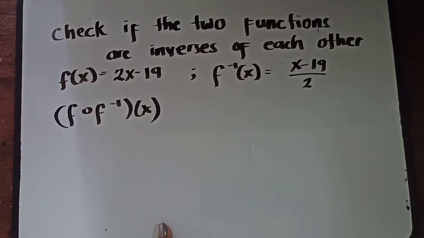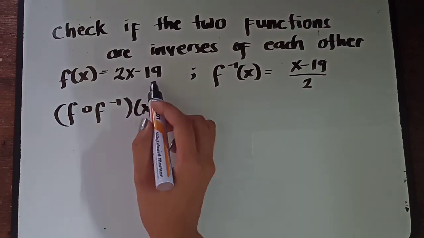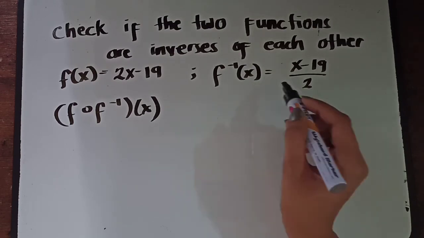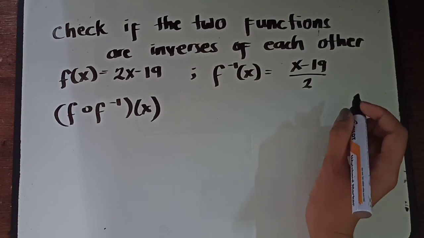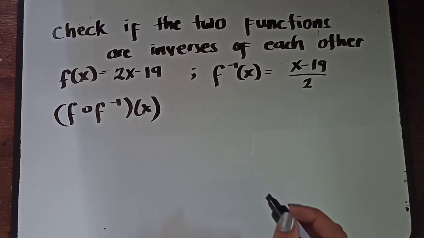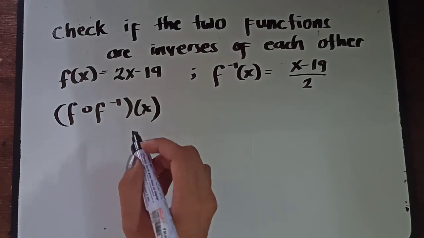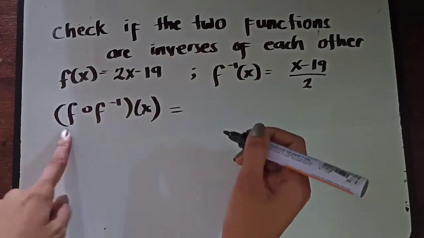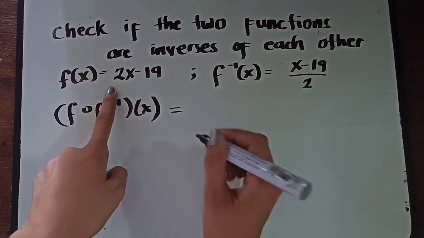Okay, so ngayon naman, let us check if the two functions are inverses of each other. So we have f of x is equal to 2x minus 19 and f inverse of x is equal to x minus 19 over 2. So check natin kung inverse ba siya na isa't isa. Okay? Kung ito ba ay inverse na to at ito ba ay inverse nito. So let us check using the composition of function or f circle f raised to negative 1 of x. So, since f ang nauna, equation ni f of x ang pagbabasihan natin. So, that is